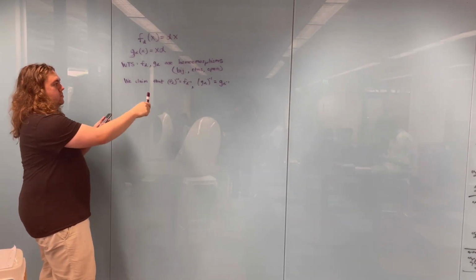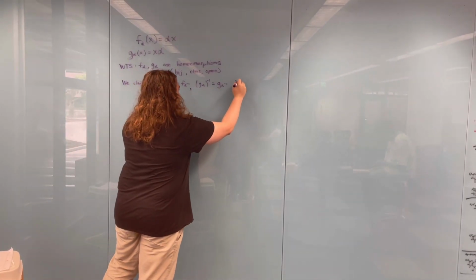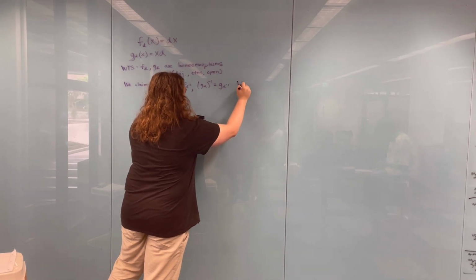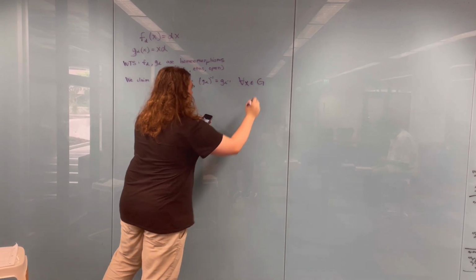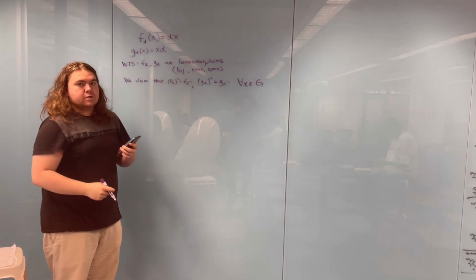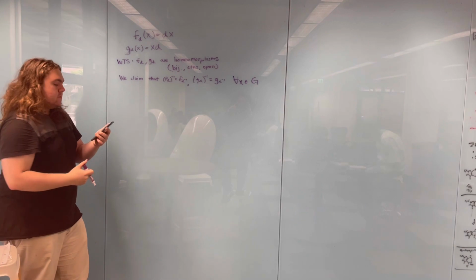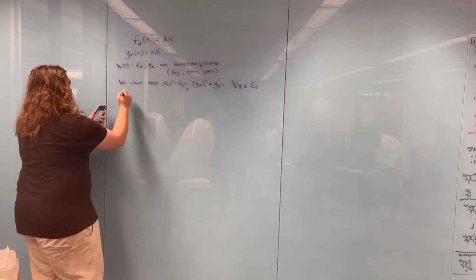And we're able to show this because for all x in G, where G is this generic group we have, we know that